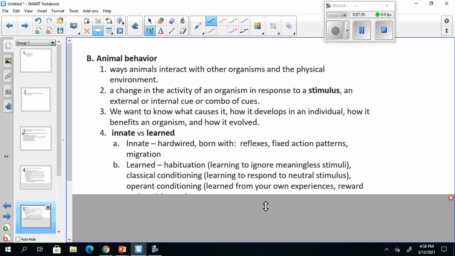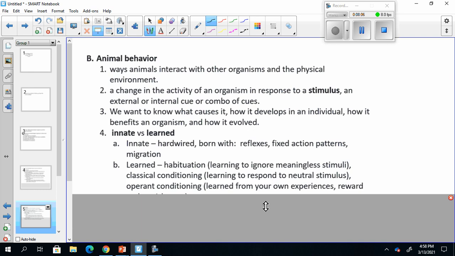Just like when you're home alone and it starts storming and the rain is hitting the windows or tree branches or something like that. At first, it really scares you a lot because you think that you might be in fear for your life, something's going on. But then you quickly learn, oh, it's just the rain, it's just the wind, it's just the tree branches hitting the window. It's not going to harm me. So you learn to ignore meaningless stimuli.